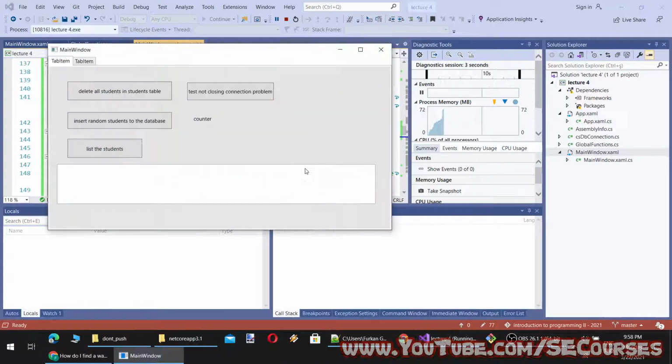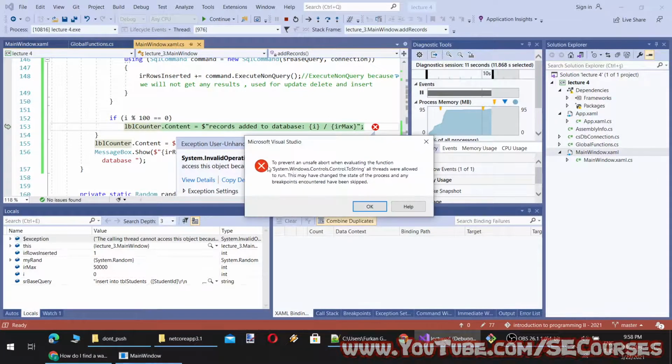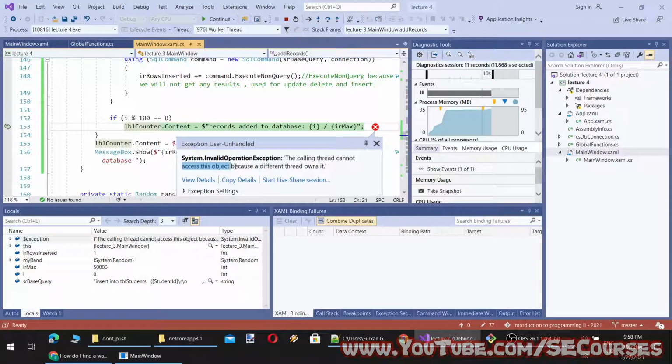You can't access objects of other threads from different threads. Okay, you see the System.InvalidOperationException: the calling thread cannot access this object because a different thread owns it.